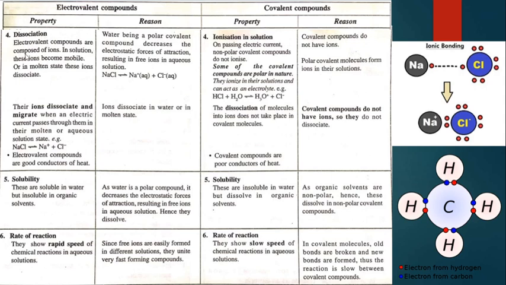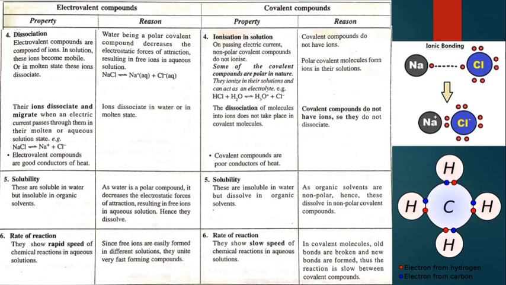Electrolyte compounds are composed of ions. In solution, these ions become mobile, or in molten states, these ions dissociate. So in solutions, the mobility of ions is possible, whereas in molten states, the ions dissociate themselves. The reason: water, being a polar covalent compound, decreases the electrostatic force of attraction, resulting in free ions in aqueous solution. So water is a polar covalent compound, and this helps the dissociation of ions